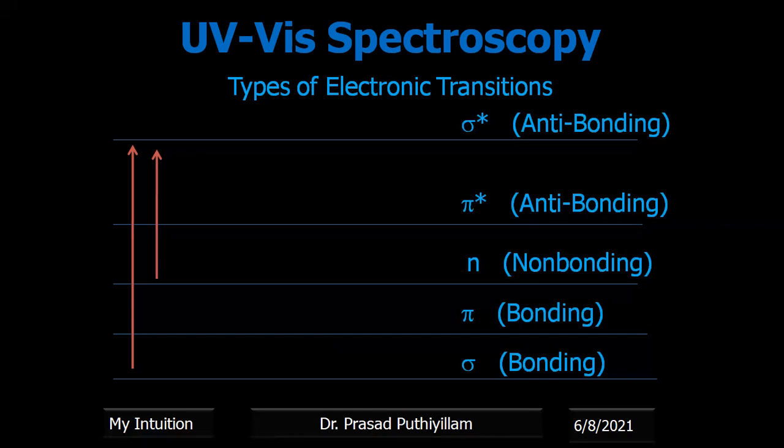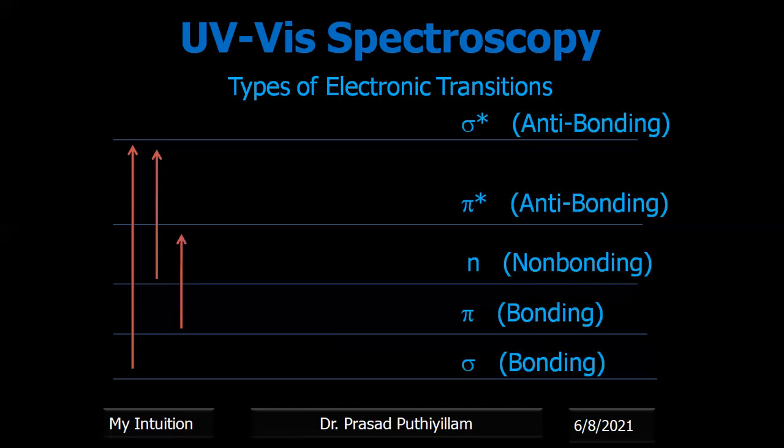Okay, as such, the electrons will not jump to some other space or to another molecule. So the second possibility given here is n to sigma star. That means the electrons in the non-bonding orbital will go to the anti-bonding side. The more stable non-bonding electron becomes a very less stable sigma star anti-bonding electron. That is the meaning of this jump.